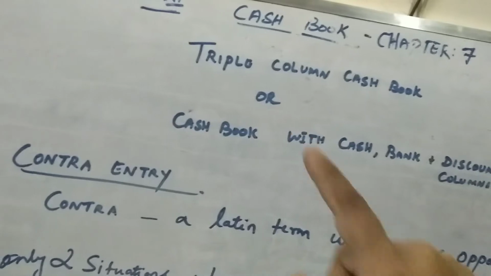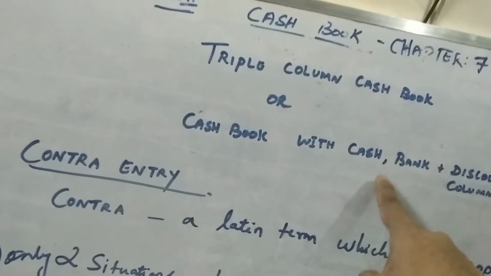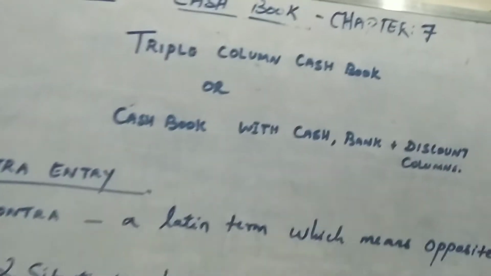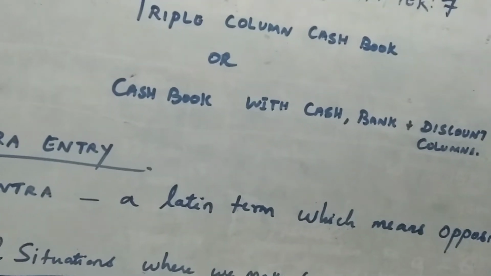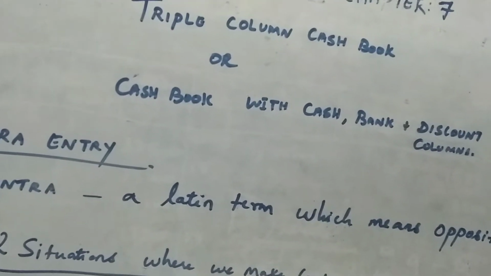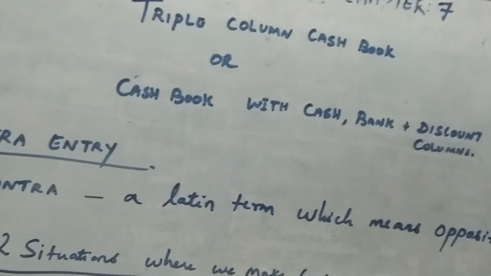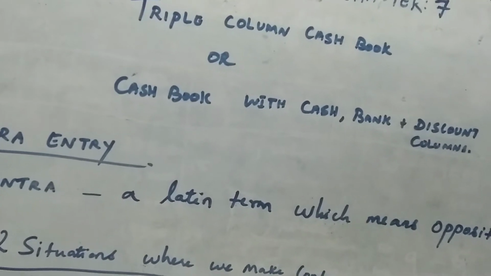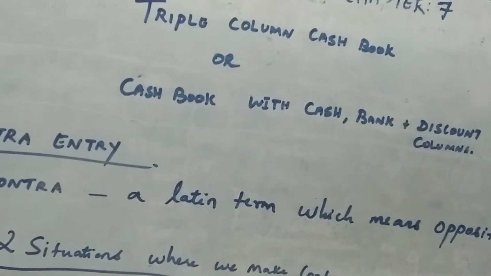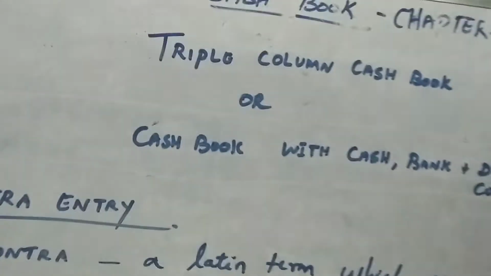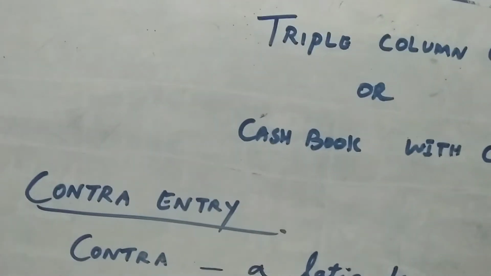So, cash book with cash, bank and discount columns. On the debit side you will have cash, bank and discount allowed. On the credit side, cash, bank and discount received. And when we prepare a triple column cash book,